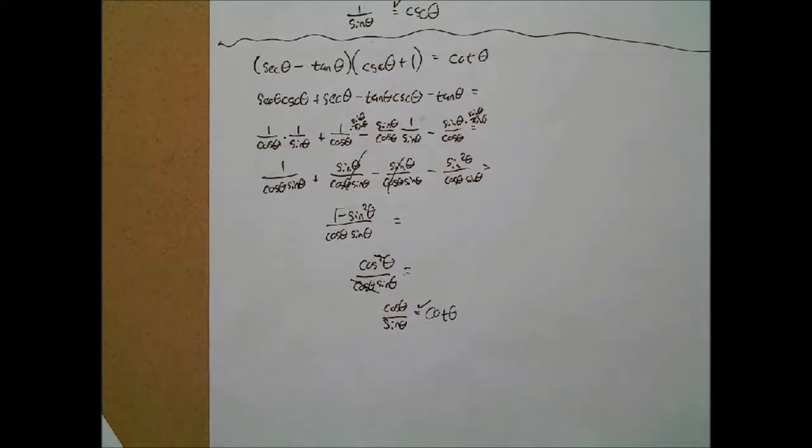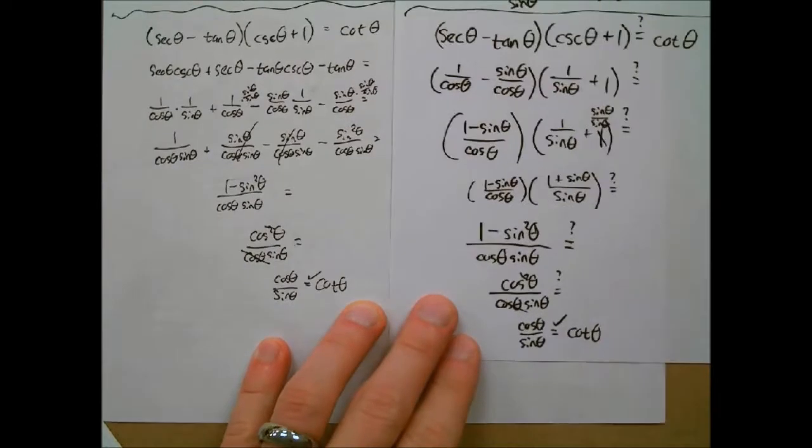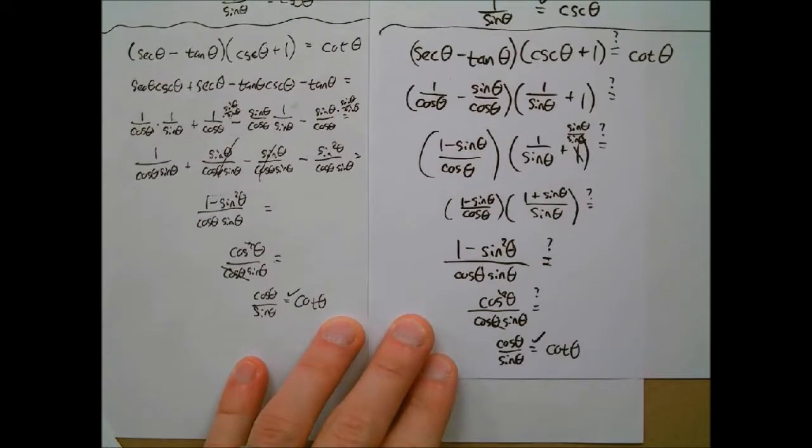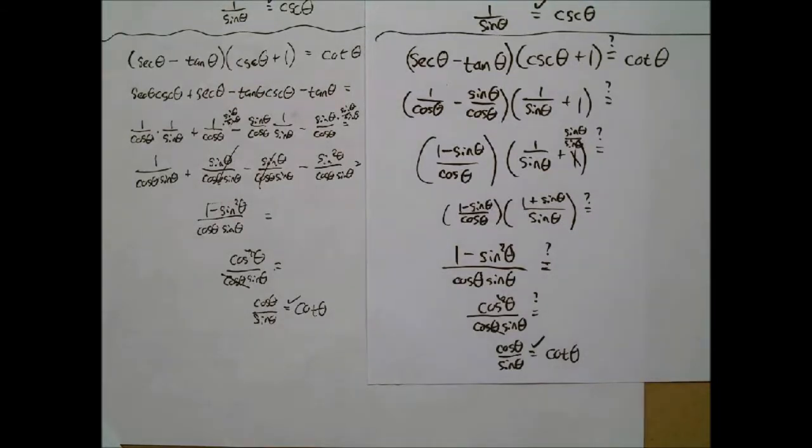Okay, so here's the alternative method that Samantha thinks I was holding out on you guys for. I don't think my method is that much better, but there's an alternative right there. Change everything to terms of sine and cosine, very first step. Okay, it's a little messy. You still have to FOIL it out. Or no, sorry, you don't have to FOIL it out because you have a common denominator in the first term. You have to get a common denominator in the second one, and so it creates essentially